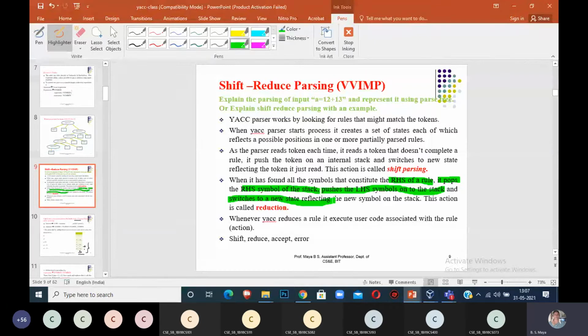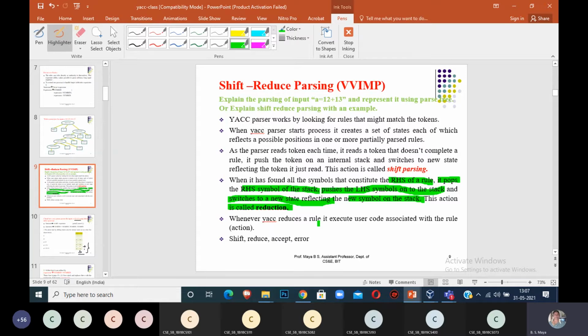The LHS symbol is pushed on the stack and it switches to a new state. Previously it was in state number 4. After popping all those things, it will go to state number 2 and switch to a new state reflecting the new symbol on the stack. The new symbol is called expression. This action is called reduction.